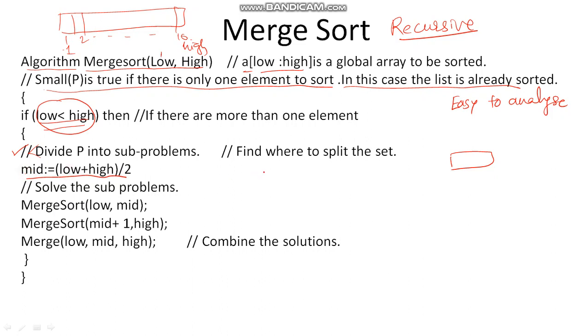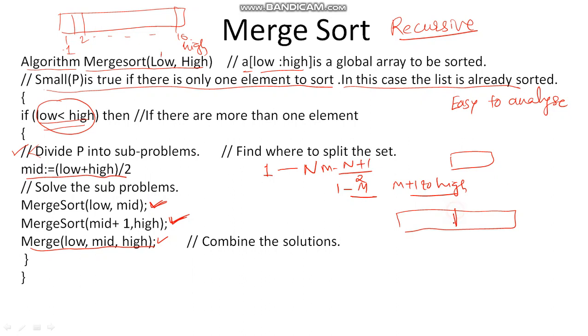And solve the subproblem. The problem I want to solve is an array from 1 to n. But now what I am doing is dividing this problem into two parts, from 1 to mid, where mid is half of the array, and mid plus 1 to high. This is the second half of the array. So solve the two different sub-arrays over here. And finally, when you get the two sorted arrays, at that time you can merge these two arrays. So again, the array is going to be placed in a single one. This is the first half, this is the second half. So finally we have to merge these two arrays.